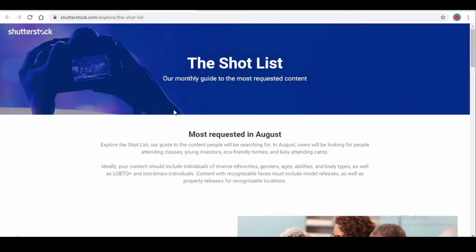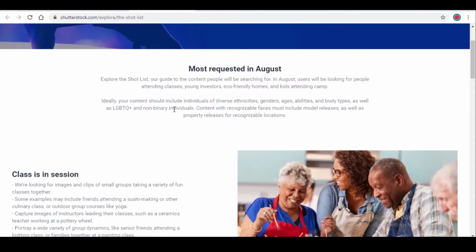So if you go on shutterstock.com/explore/the shot list, you can actually see what kind of content the creators are asking for. So that's so helpful, because you will know what businesses are looking for. You won't have to wonder what kind of images you should be shooting or what kind of videos you should be creating. Shutterstock is going to tell you what you should be doing, so you can focus your creative energy